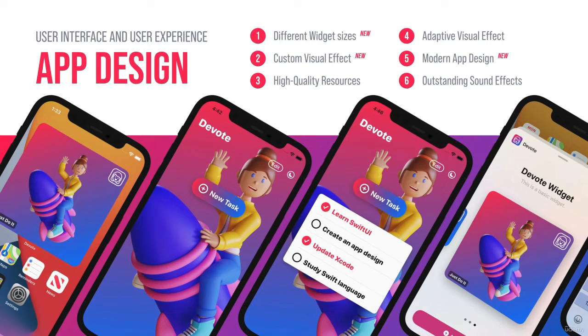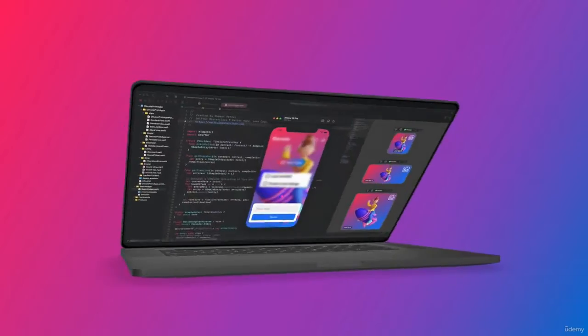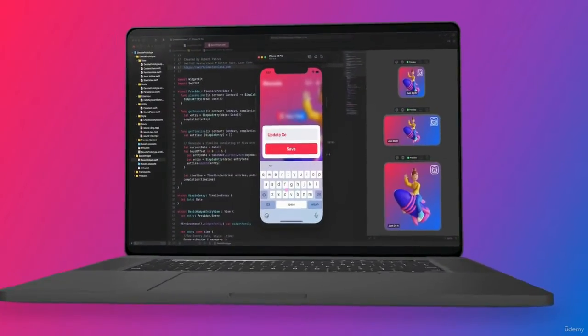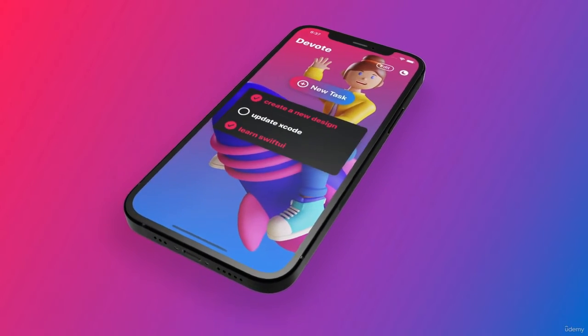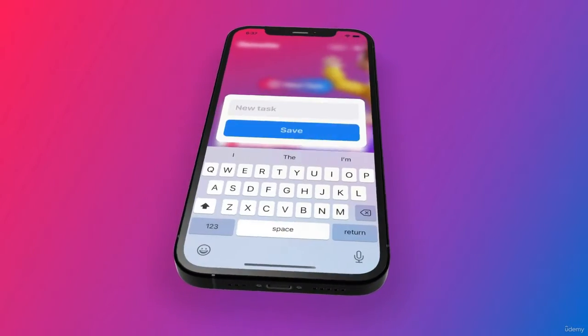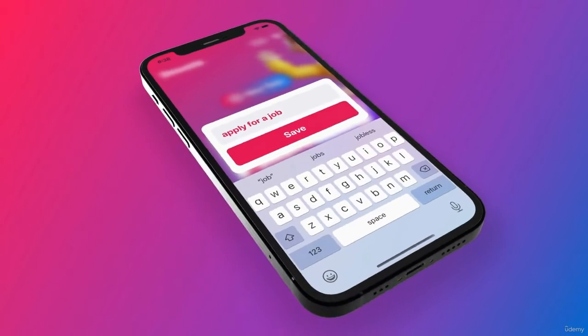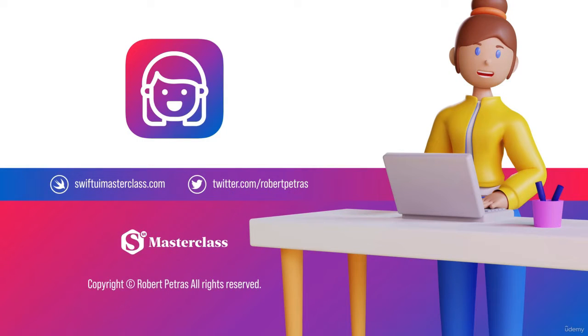You know, people can't stand boredom for a long time, which is why apps that are built for non-exciting, repetitive tasks so often get abandoned on phones. But not this project. If this is something you want to learn, then launch Xcode Editor and start coding along